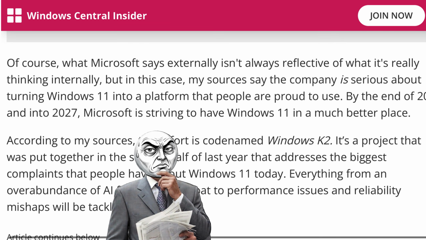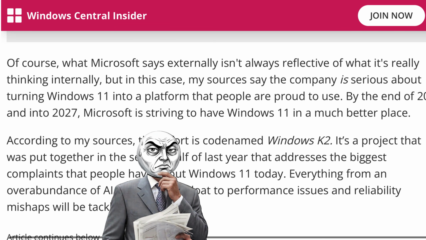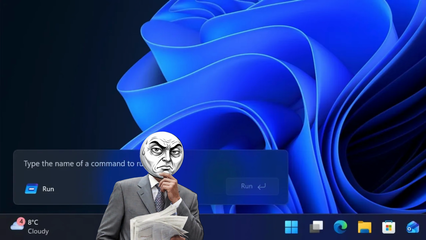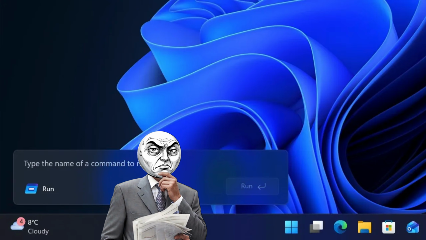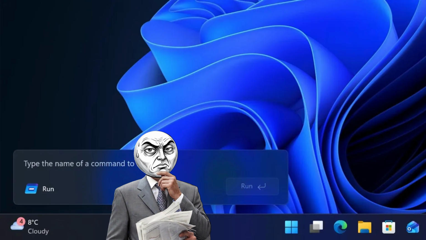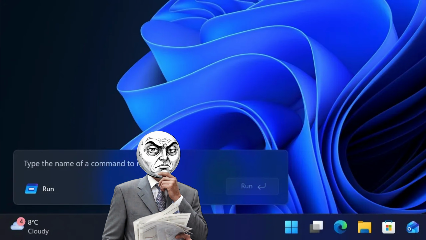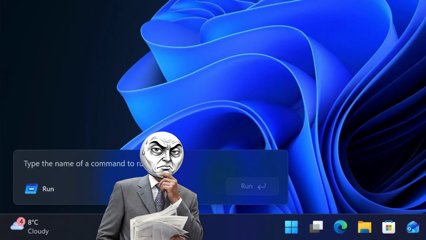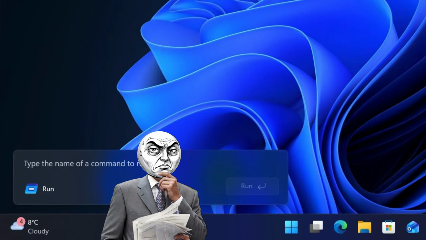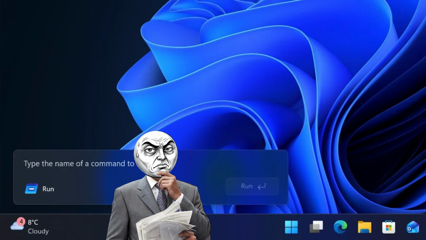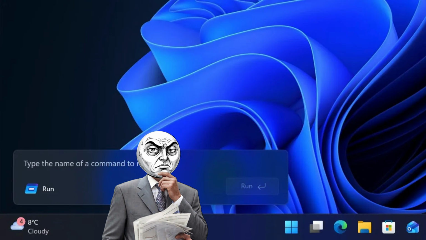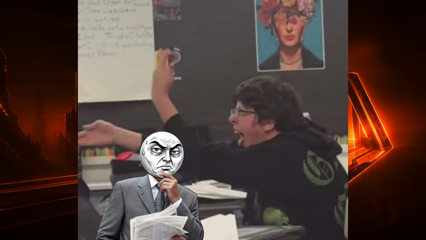Microsoft is betting that you won't care about state separation or read-only partitions as long as the start menu looks shiny. They are counting on us to just accept that our computers are becoming appliances like a fridge or a toaster. But a computer is supposed to be a tool that you control, not a service you subscribe to at the whim of a developer in Redmond. If we let Windows K2 become the standard, the idea of owning a PC is officially cooked.